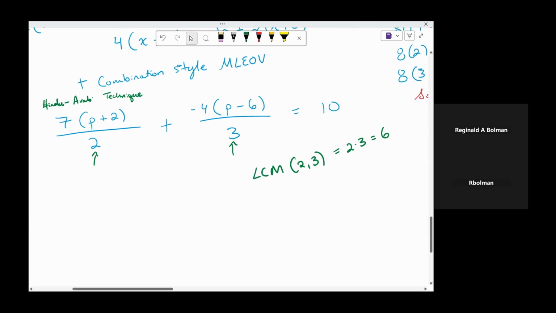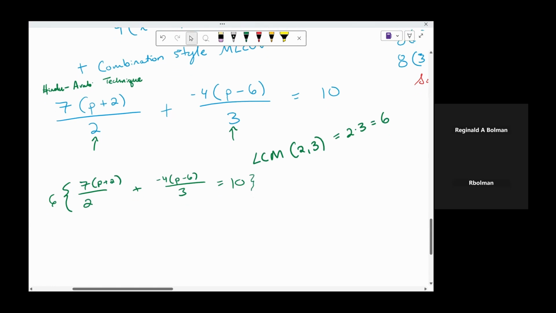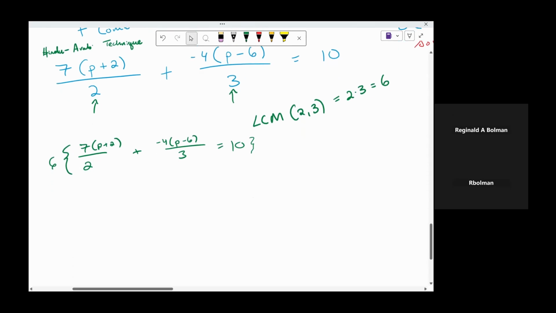And so the idea is, if I take this 6, I'm going to do something very special to this entire equation. I'm going to multiply across the entire equation by 6. When I do this, I'm going to magically be able to clean up this expression to where I don't have any fractions at all. So how does that work? Well,